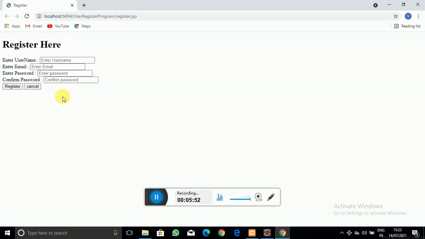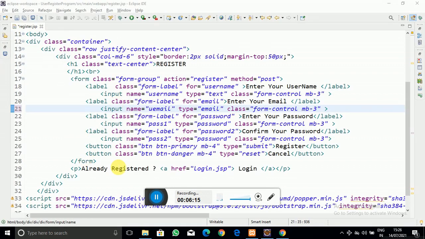So as you can see, the registration form which we have created has appeared here. But guys, it does not look like our demo form. So to make it like this, I am going to use the Bootstrap framework, and I will quickly change the style of that form, and then we will be back. So here I have modified this, as you can see. Let me run this program and then I will explain.